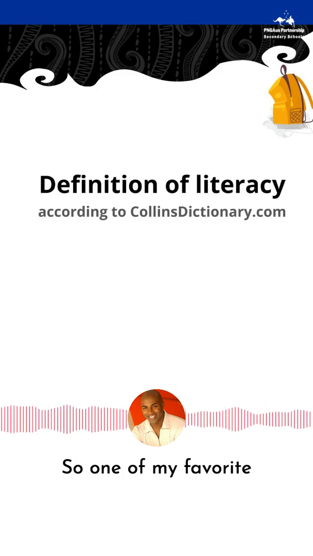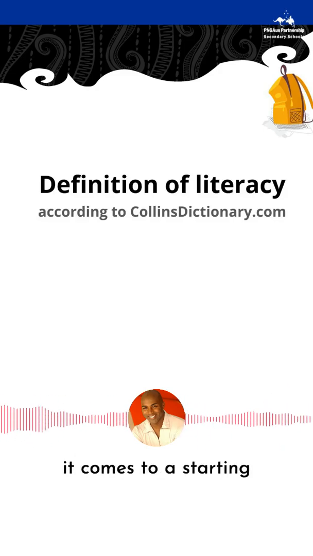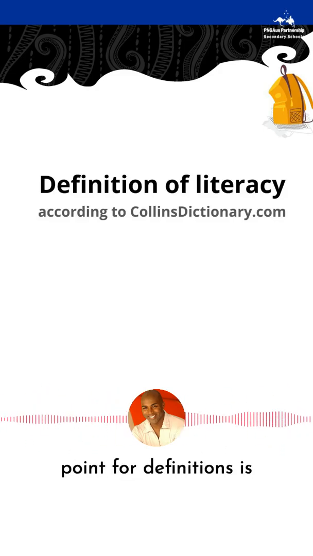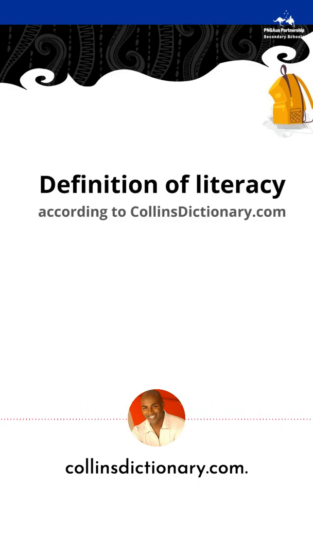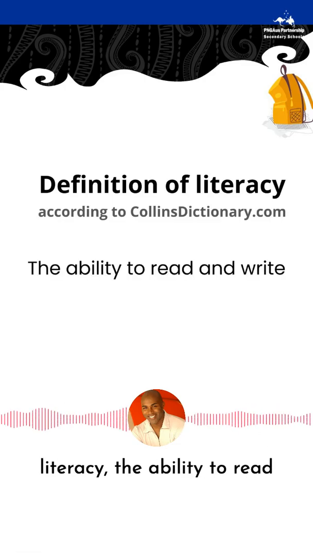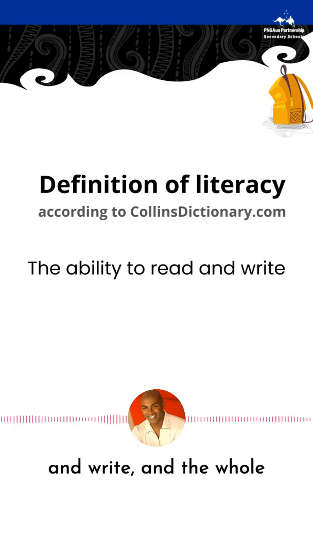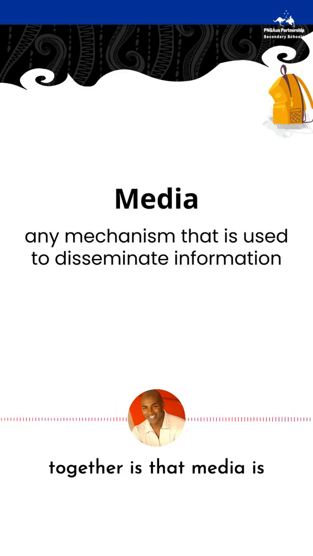One of my favorite websites to use as a starting point for definitions is collinsdictionary.com. It tends to be less biased than Webster's, among other things. That's how they define literacy: the ability to read and write. And the whole reason why we're here together is that media is any mechanism that is used to disseminate information,